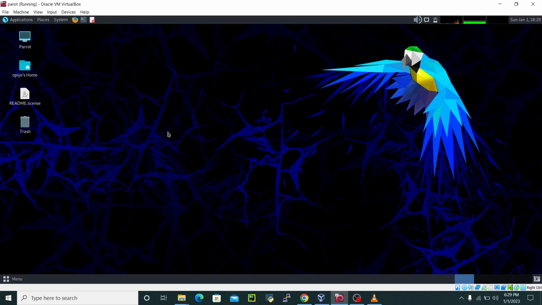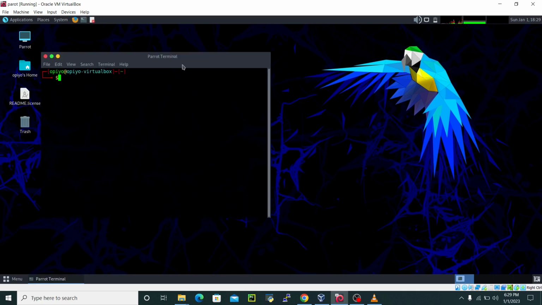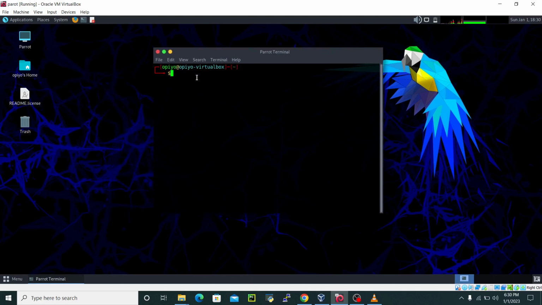To access the command line, you need to use the terminal. You can access the terminal via this button on the top right corner. So just click on terminal